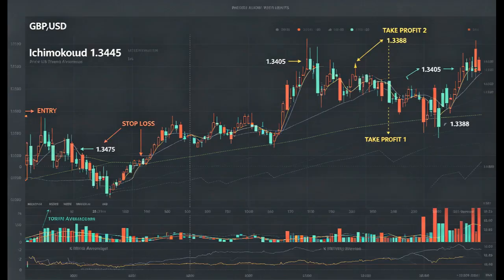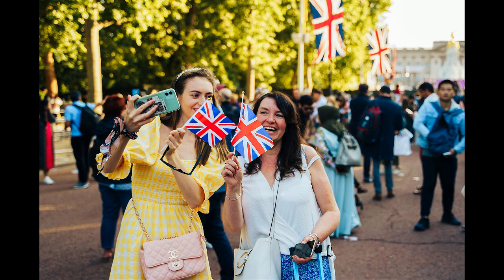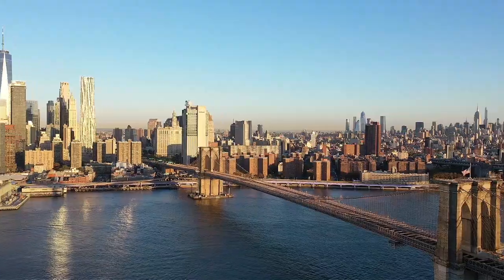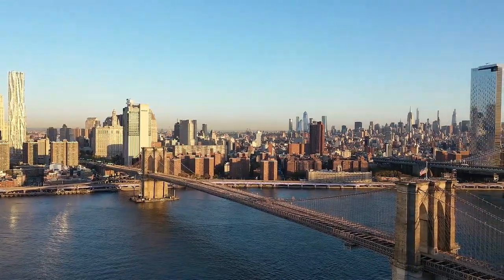Right now, the pound is giving you a masterclass in deception. Price is falling hard on the 1 hour, 5 hour, even the weekly. But pull up your monthly chart and it's still screaming buy. And that's the trap. The herd is anchored to that monthly story, and they're buying this dip like it's a